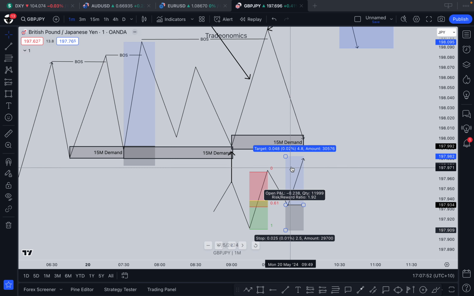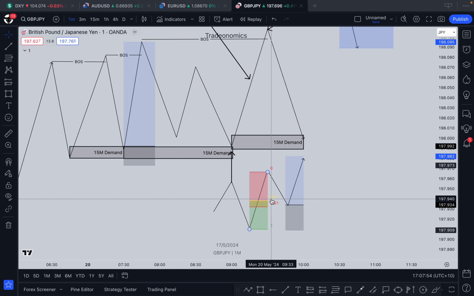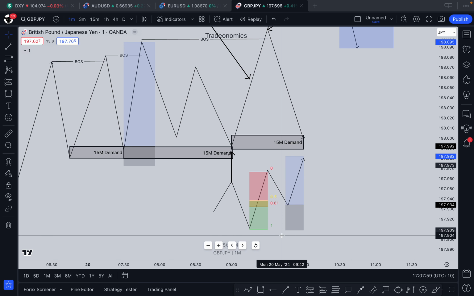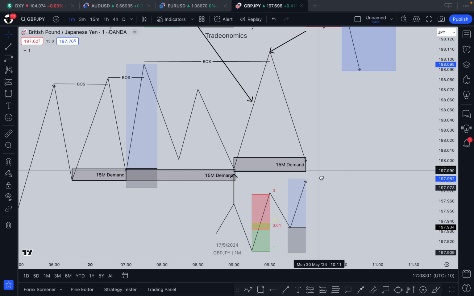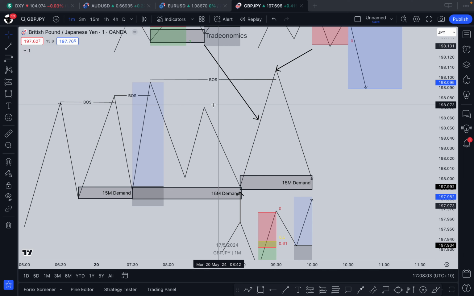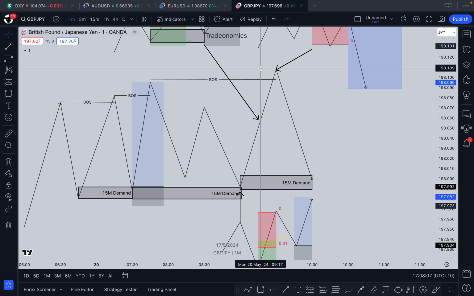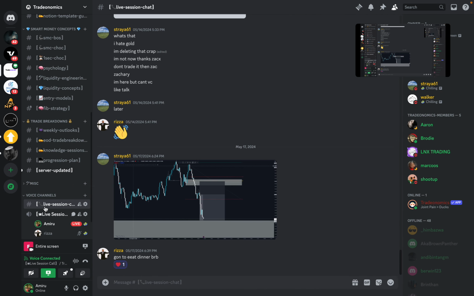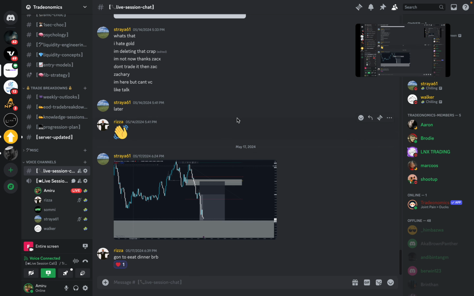So we draw the fib, get that equilibrium price, whatever you want to call it, doesn't matter. Come into the golden zone, stops below, and then target either here if you're feeling like price is looking a bit sketch, or up here. Does that make sense so far for you guys? Any questions? Hey Ryan.